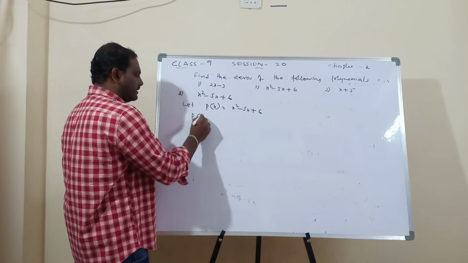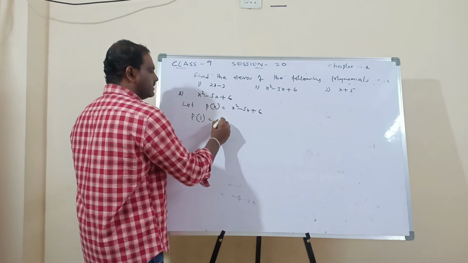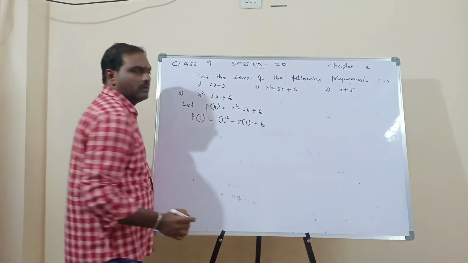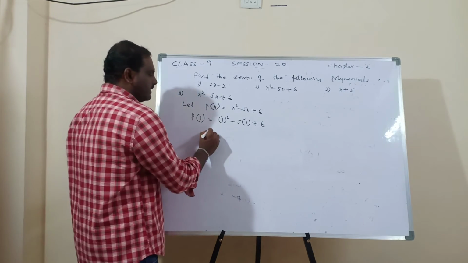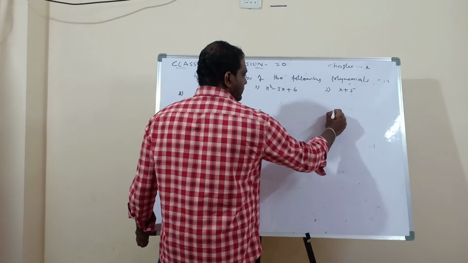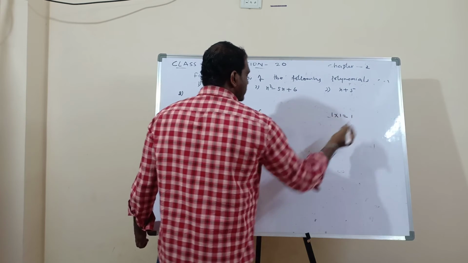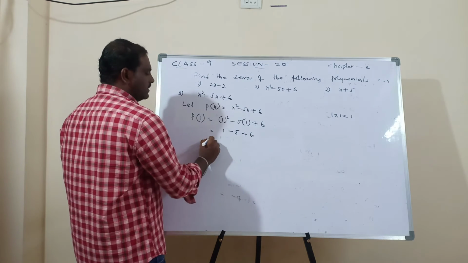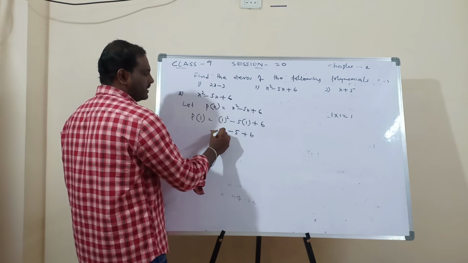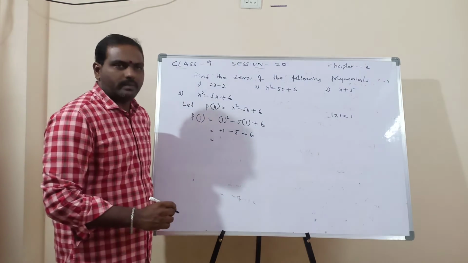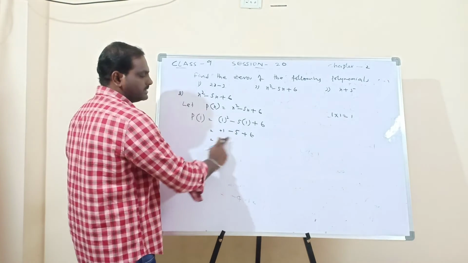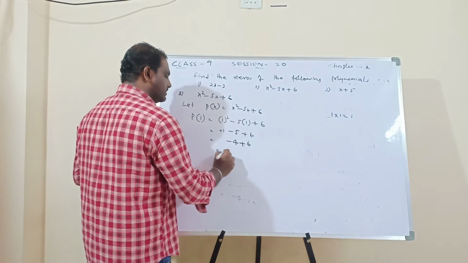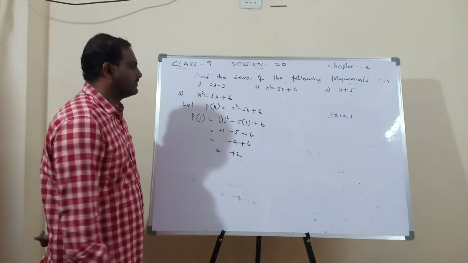First I will find out P of 1. What is P of 1? I have to substitute 1 in place of x. So what is 1 square? 1 square means 1 into 1. Don't write 2, it is 1. 1 minus 5 plus 6. So 1 minus 5, when plus and minus symbols are there, we have to subtract the smaller number from the bigger number and place the symbol of the bigger number. So this is minus 4 plus 6, it is plus 2. So it is not a 0.